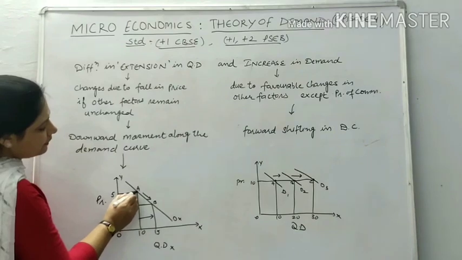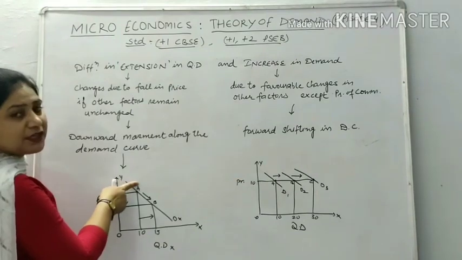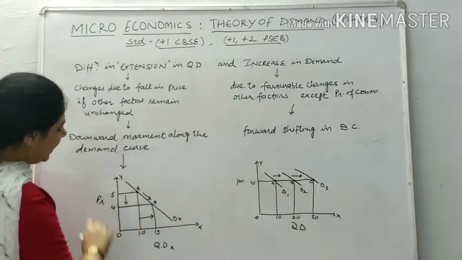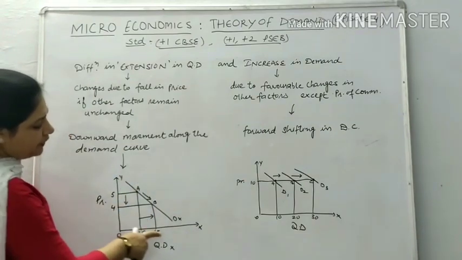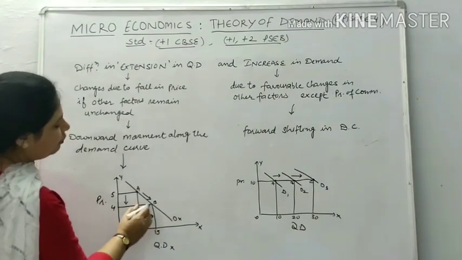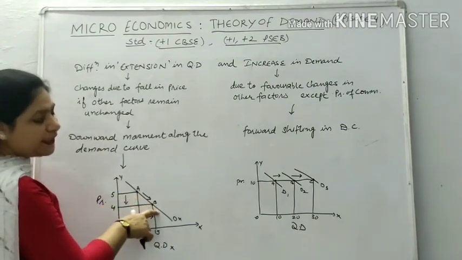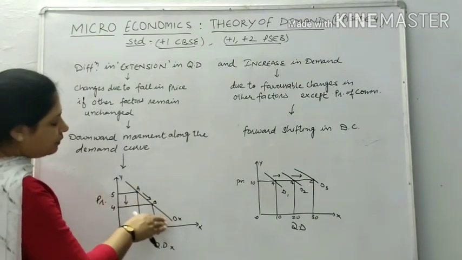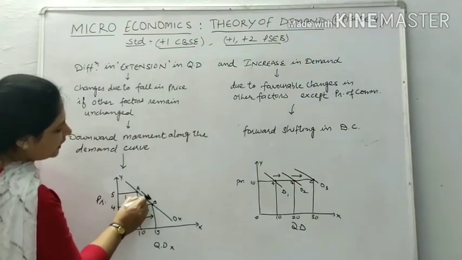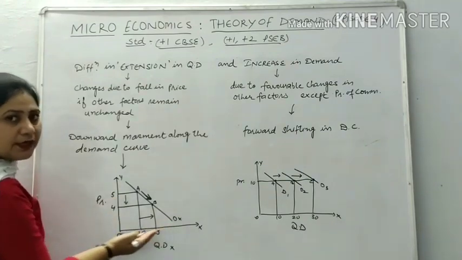And here, students, we mention the original quantity demanded at this price with point A, and the new condition, where his purchasing power has risen due to the fall in price and he can purchase 15 units of the commodity, we have shown through point B. Now the consumer shifts from point A to point B on the same curve. So this downward arrow shows extension in demand. Here there is a fall in price, hence extension in demand.